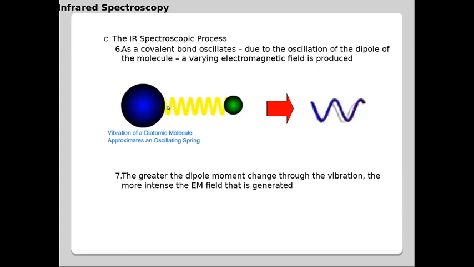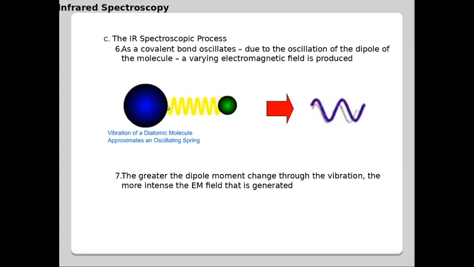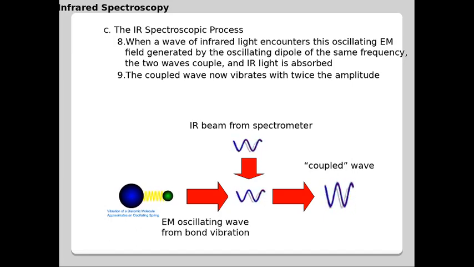Okay, so this varying electric dipole moment is the electromagnetic field that is being generated out of the vibration. What happens is when such a molecule encounters an infrared radiation having an electric field which vibrates with a particular frequency and a particular amplitude. Suppose such a vibrating diatomic molecule encounters an infrared radiation which has an electric field having a